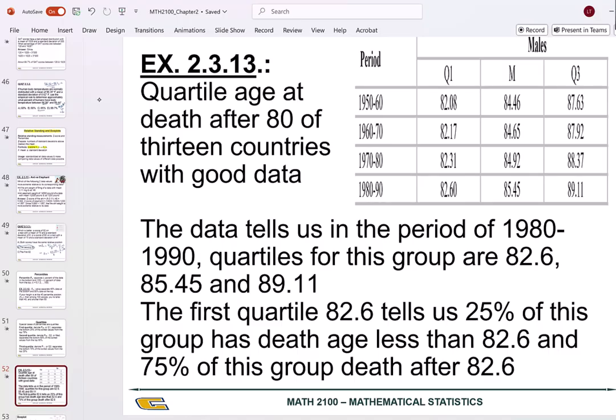So look at this example. Here is the quartile age at death after 80 in 13 countries with good data. People keep track of data for people who are older than 80, and the age of death of those people, in the periods of 1950 to 60, 60 to 70, 70 to 80, and 80 to 90. So the first quartile is